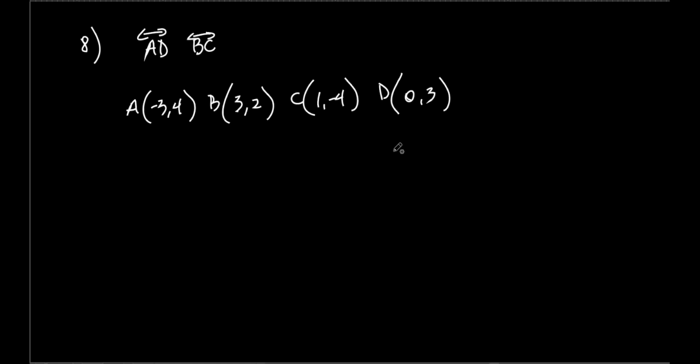And what are they asking you to do? They're asking you, is AD parallel to BC? Are they perpendicular or are they neither? All right, it's got some slant and it's not perpendicular and it's not parallel. So what in the world do we do? Well, we got to know something about slopes. Okay, if they're parallel,